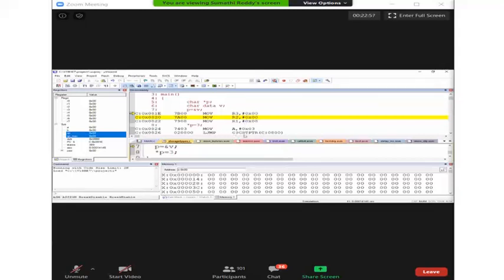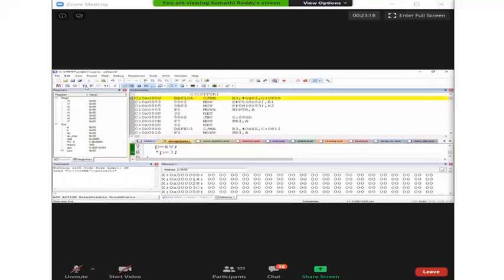And see, after that, a library call is available here. You can see. And that will make the variable value as 3. So here, let me go into the internal RAM locations.